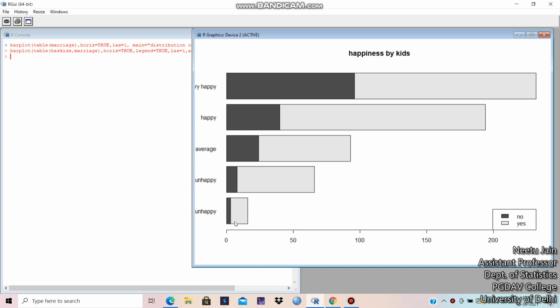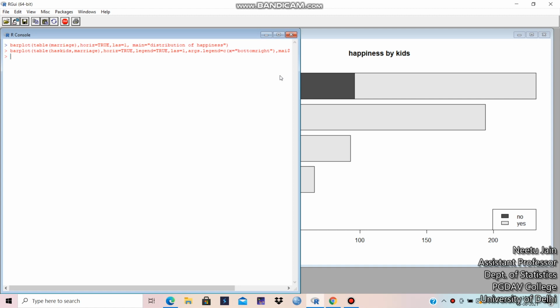Similarly, this small dark gray area represents the number of families who are unhappy and have no kids, and this light gray area represents the number of families who are unhappy but yes, they have kids. Okay, so this is the role of bar plot.